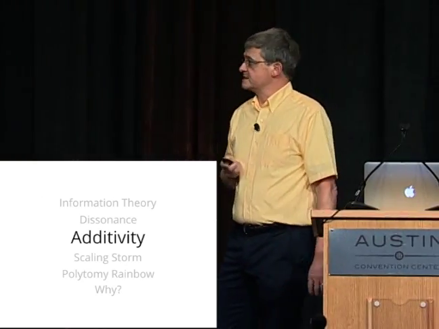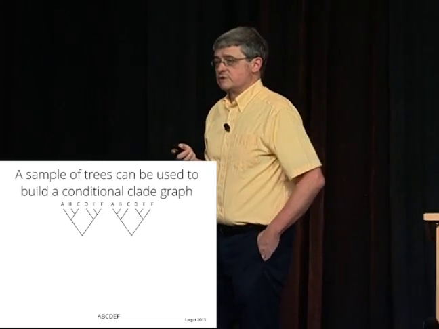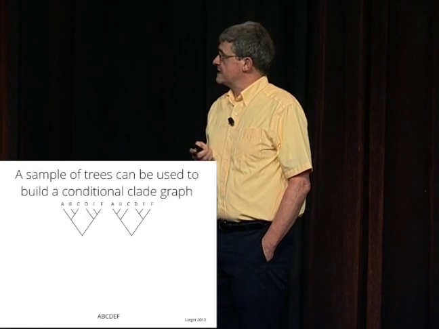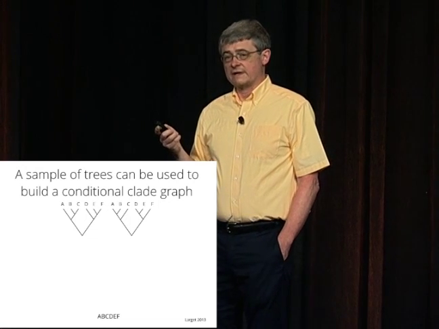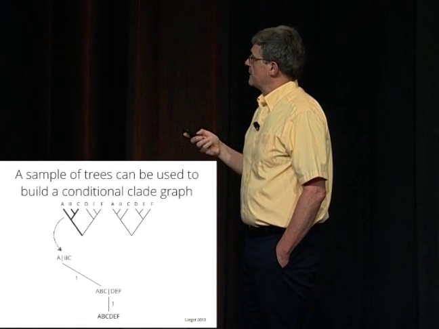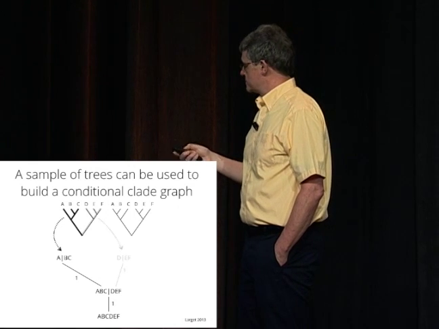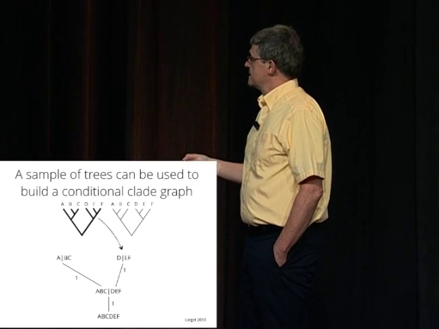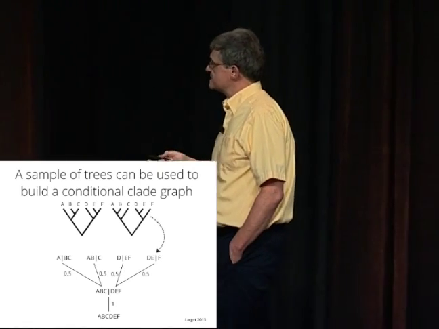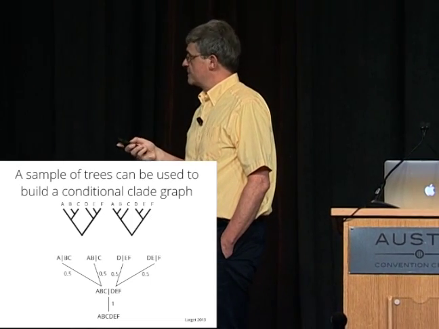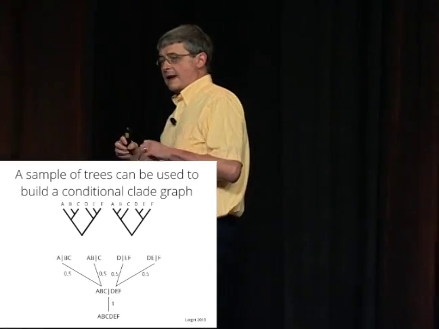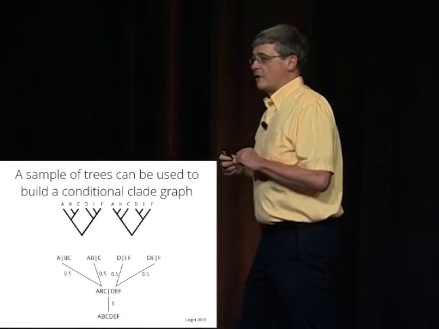To get this additivity, what we do is we break apart the trees that are in our sample, take apart their clades, and build up a Larget-style conditional clade graph. So I'm just going to go through and take the clades from these two trees and build up a conditional clade graph. And these probabilities here show you the probabilities that each of these splits have, given that that is the parent. The nice thing about this conditional clade graph is that you can use it to extend your sample. It's like you can add water to your coffee and make more coffee,